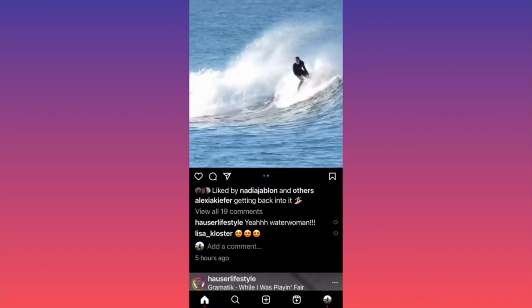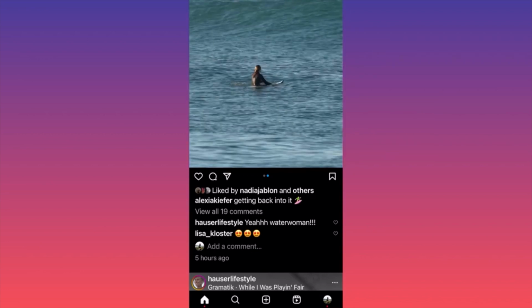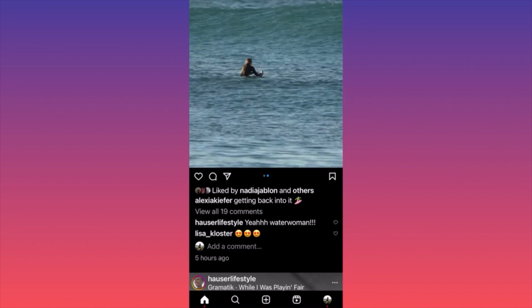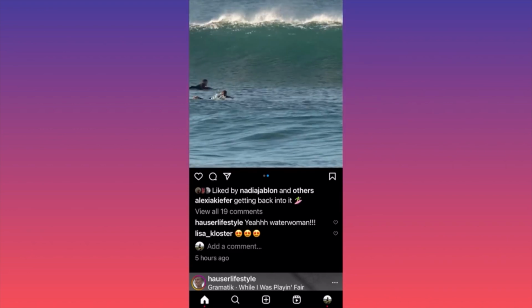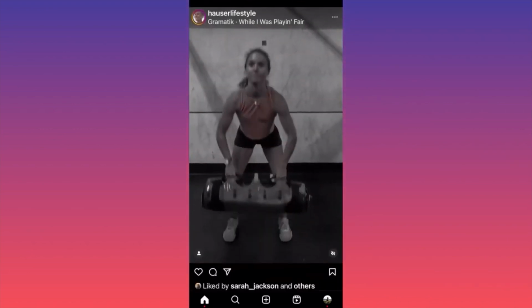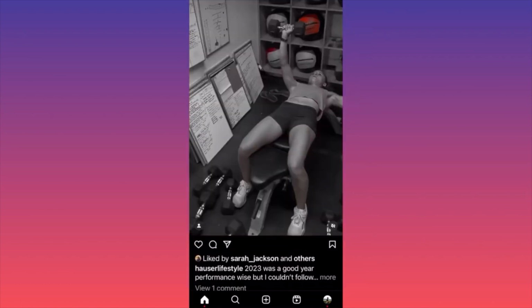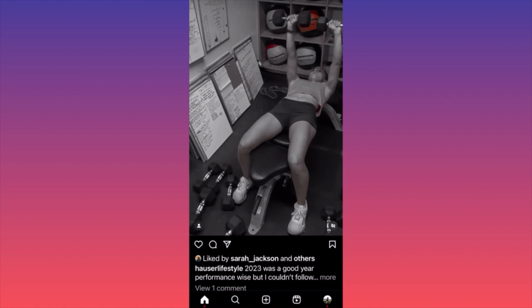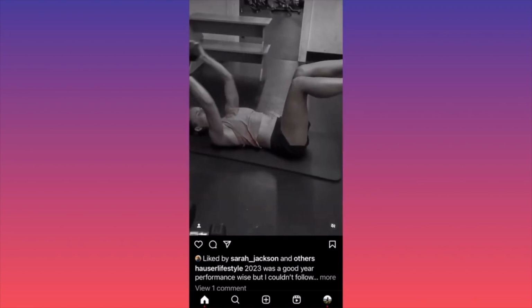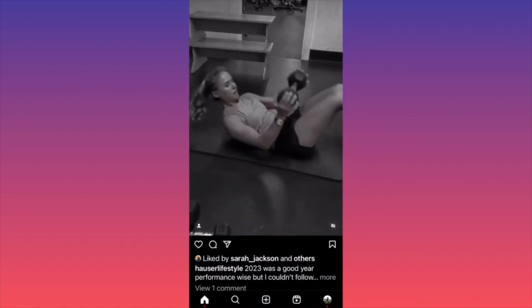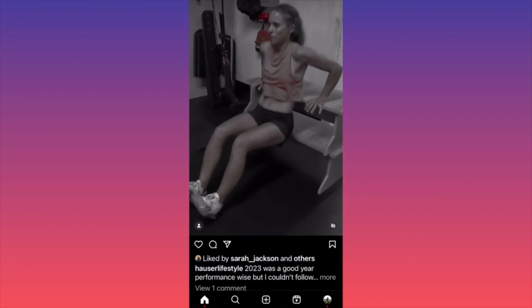The smart way to do it is to show that you also know a lot about the topic, right? You want to show them, hey, I also have a lot of knowledge about the topic, and you show up on other people's content and say, for example, in a gym post, you can show up over here and say, hey, that exercise works so well. I've done this in the gym, and there will be a lot of people replying, yeah, I tried this too. And this is how essentially you engage.